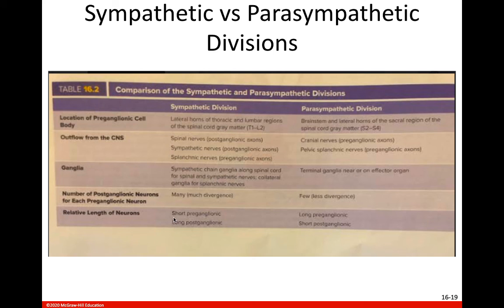And then again, short preganglionic neurons, because those chain and collateral ganglia are so close to the spinal cord, and then long postganglionic, whereas with our parasympathetic, there's a very long preganglionic because the terminal ganglia are so far away from the brain and so far away from the spinal cord, and those terminal ganglia are more right